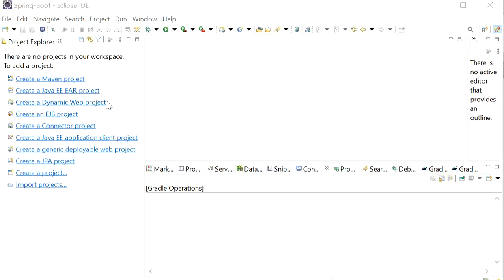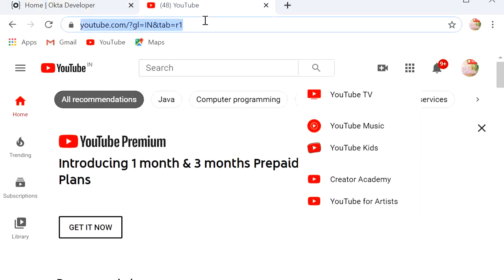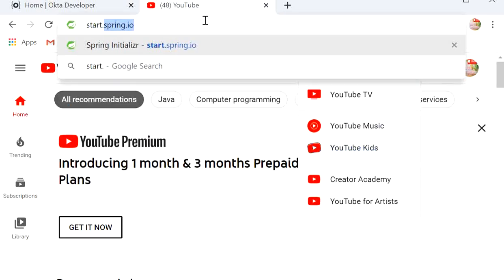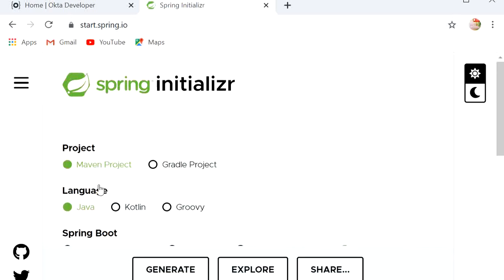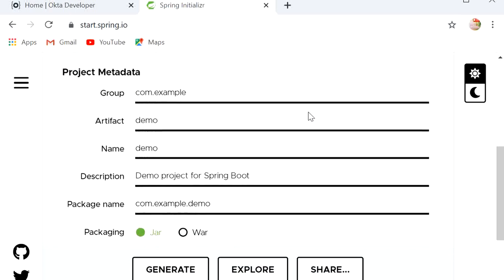Okay, let's start to create a Spring Boot project. First I will go to the web browser and type start.spring.io. Here we choose project Gradle, Java, Spring Boot version 2.0.2, and the artifact ID is Spring OAuth with Okta.